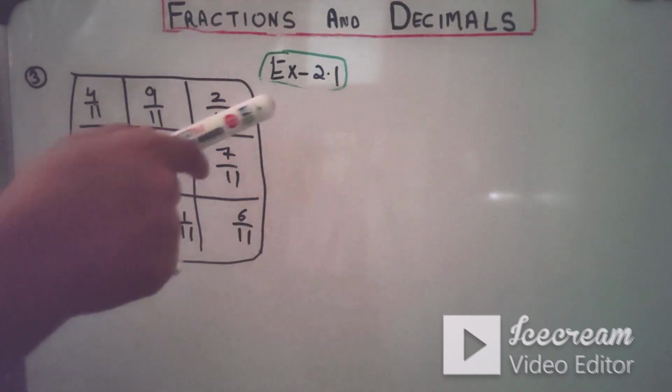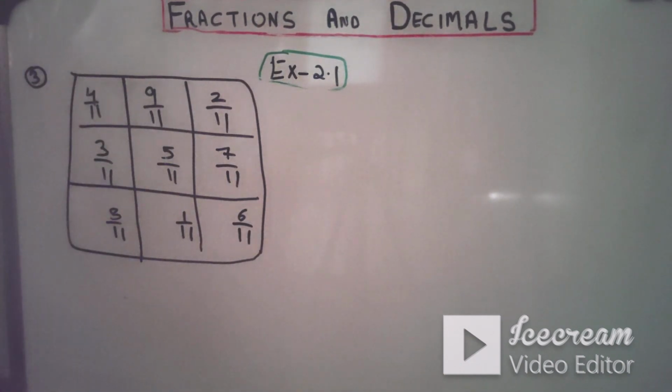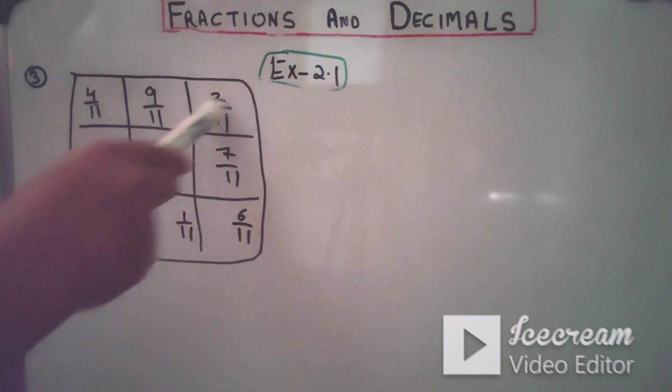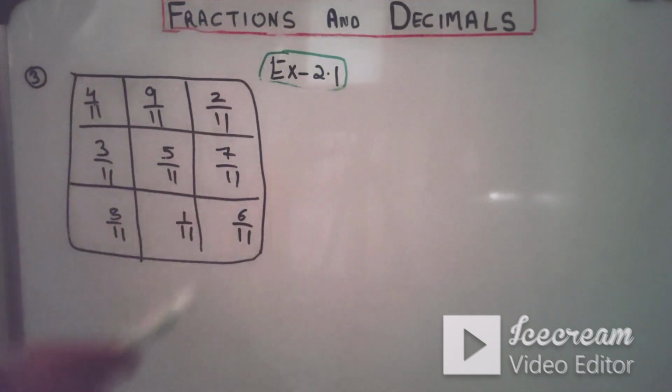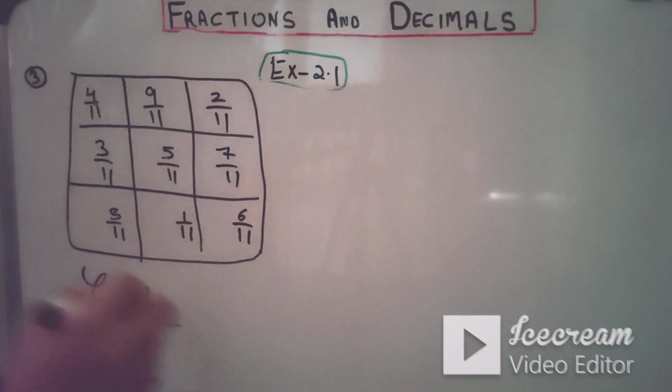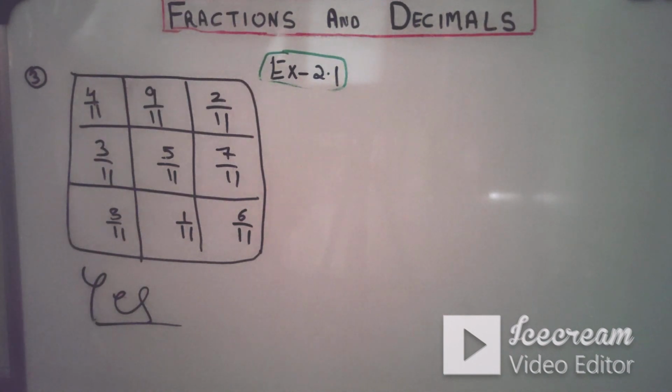From every side when we are making a sum, each row and each column, do you understand the row and column? This is the column, okay, and row is this, and diagonal wise also when we are adding, simply one number that we are getting is 15 by 11. So the question was asked whether this is a magic square or not. So you will say that yes, it's a magic square. So the question is nothing else, simply this is it.